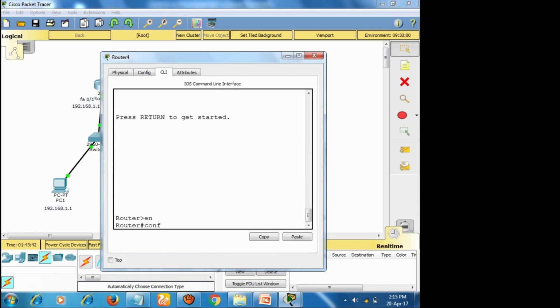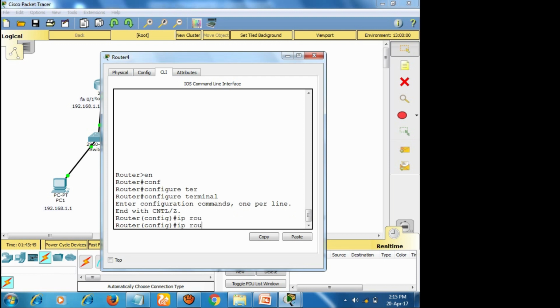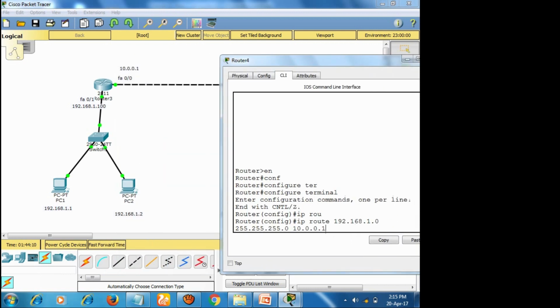So what you have to do, just go to configure terminal, it's global configuration, and just say IP route 192.168.1.0 255.255.255.0, and what is the next hop address? 10.0.0.1. So if you go via 10.0.0.1, then you will reach the 1.0 network, right?